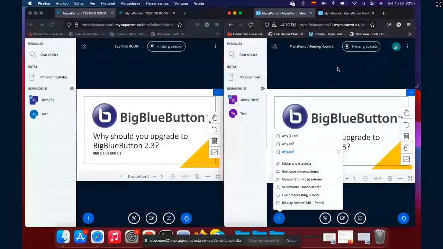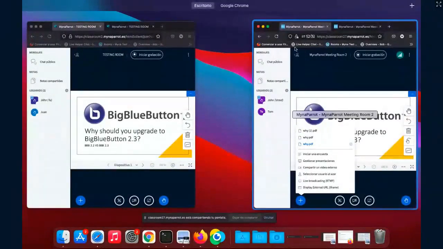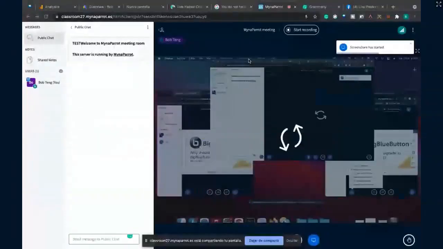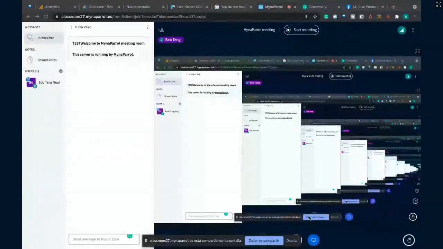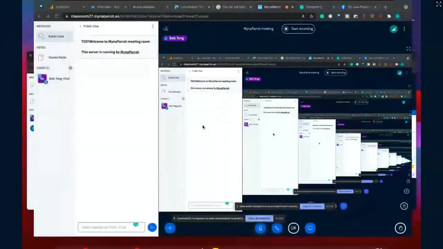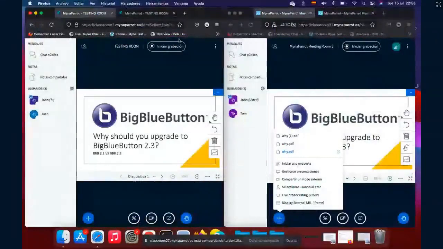I go back to my main room. If I want to display or show something, I can. You see, I have opened a lot of rooms. This is my main room, which I'm using for the RTMP for the Pro team, and I'm using Firefox to open another 2 rooms.